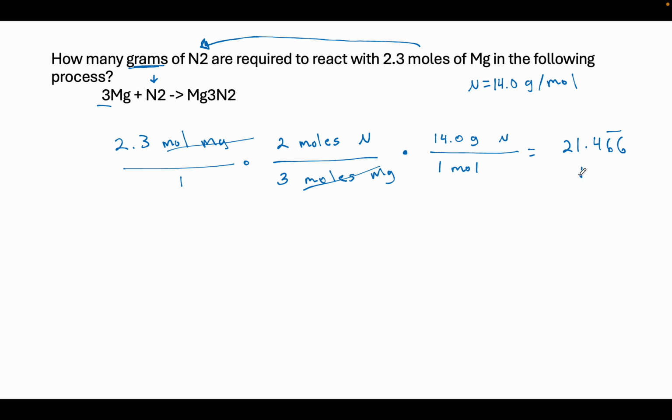We can actually simplify this to 21.5, which is A on the first choice. 21.5 grams, don't forget, of nitrogen. For number 13,